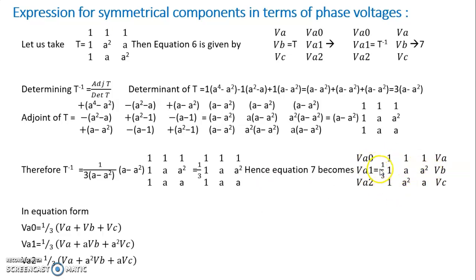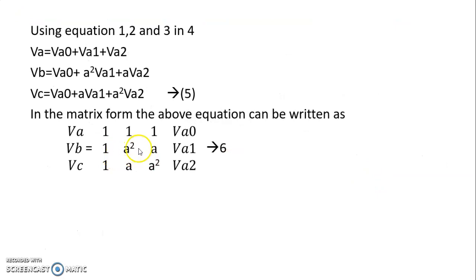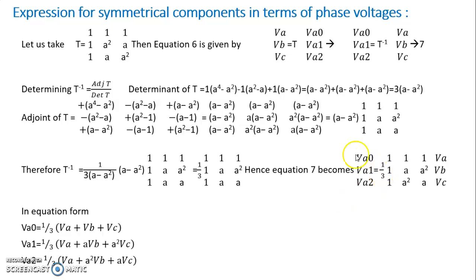The only difference is that the components will be different. Here we have a square, and in the previous equation we have a square a, and the 1 by 3 magnitude is absent here, and here it is present. So these two important equations you have to remember. Using that we will now be solving problems.